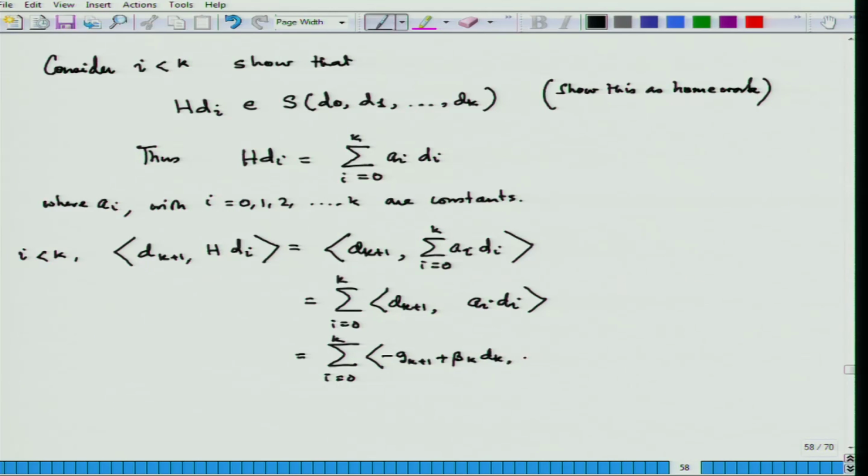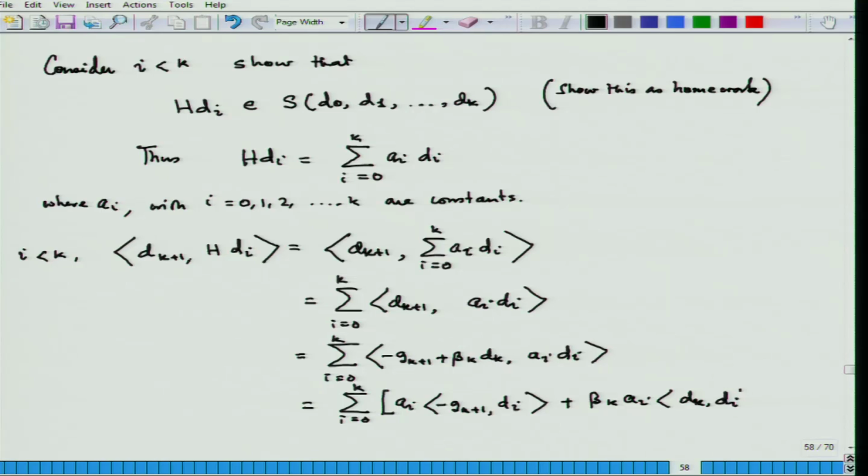And this into a i d i, this will give me i is equal to 0 to k. If I break it up inside, this is minus g k plus 1, a i of course is a scalar which I can write in the front. So, I can take this scalar out, and so I can have a i times minus g k plus 1 d i plus beta k times a i